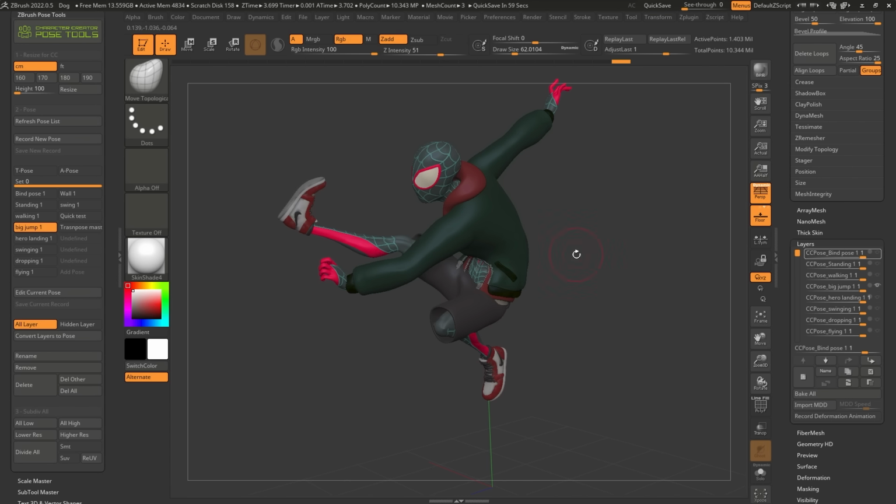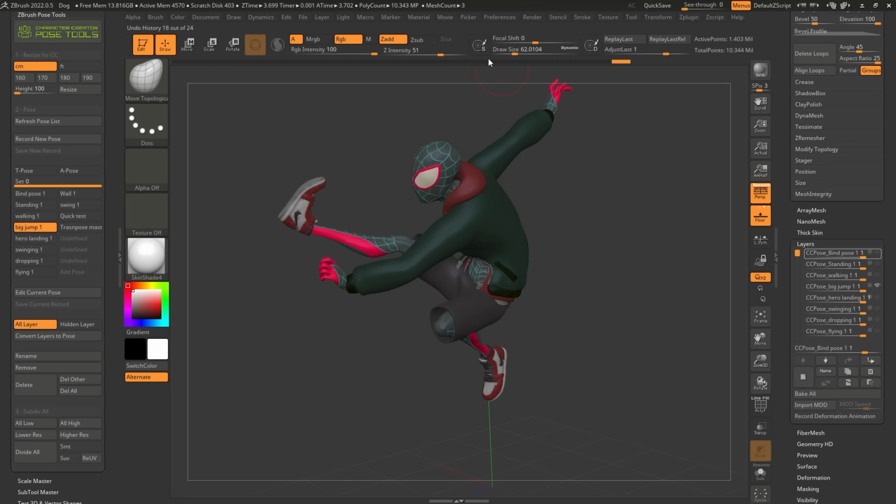Now, this plugin is free, and you can use it, like I said, with absolutely anything that you want. It doesn't have to be a character. It just uses whatever layer that you created. However, one of the most powerful things that this plugin has is that it can connect ZBrush with Character Creator 4 so that you can create your poses, do the rig of your character in CC4, and then bring it. And that's basically what I did with this Spider-Man character.